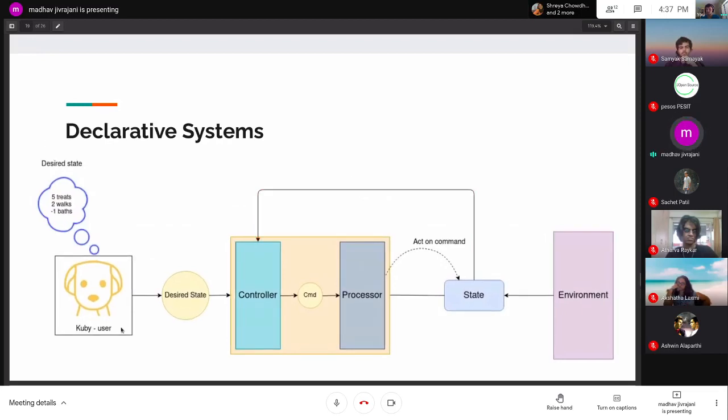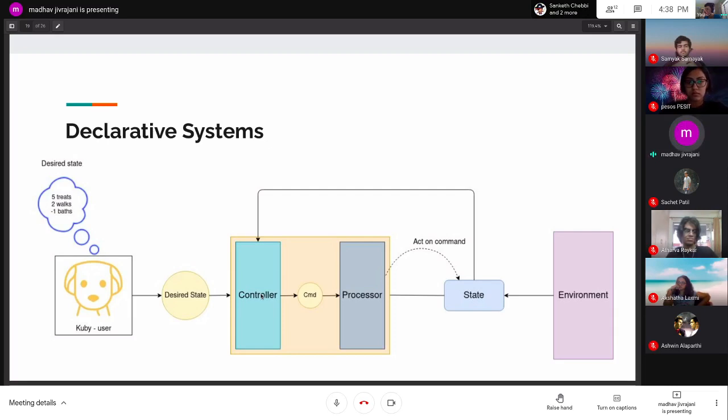Again, you have your user here. But now the user provides just the desired state to the system. It doesn't provide a command. So the user provides a desired state, and from here, the system does its work. The loop ends here. So the user doesn't need to worry anymore about what's happening in the system. It can periodically check in to see how it's going, but it doesn't need to constantly worry about what's happening. Then it provides the desired state to the controller. The controller is what decides, by seeing the current state of the system, and it also has the desired state.